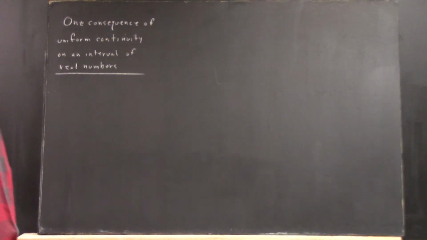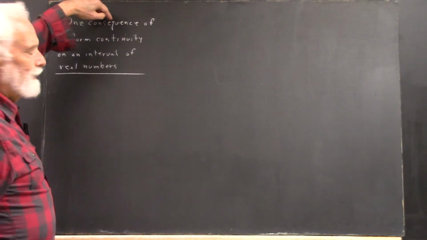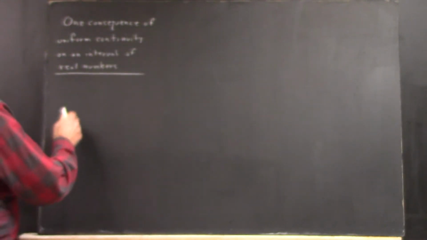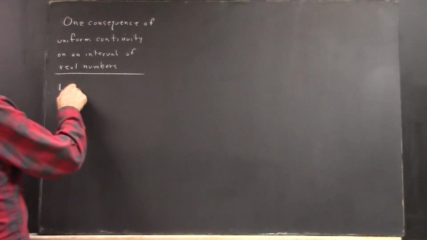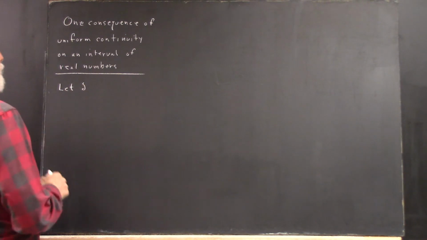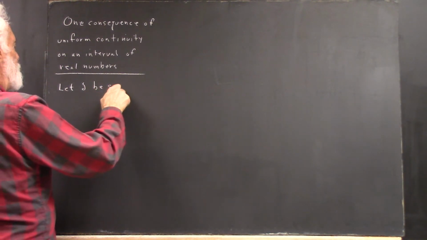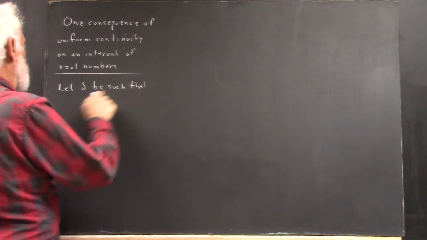Okay, we want to move on by considering one consequence of uniform continuity on an interval of real numbers. Well, let delta be such that